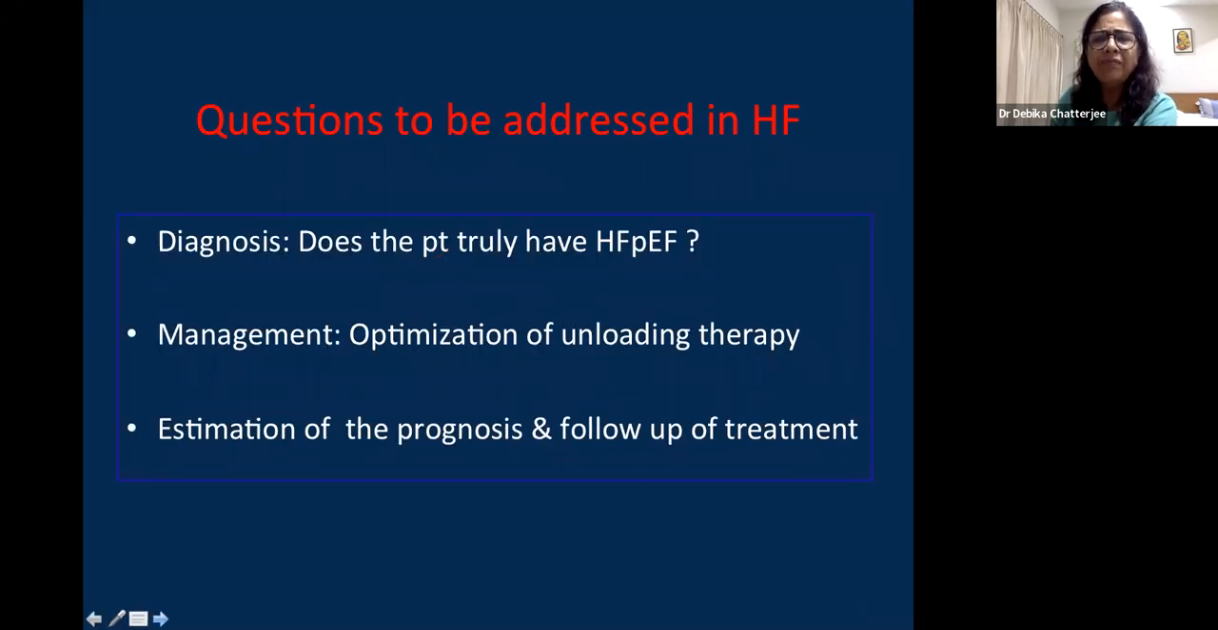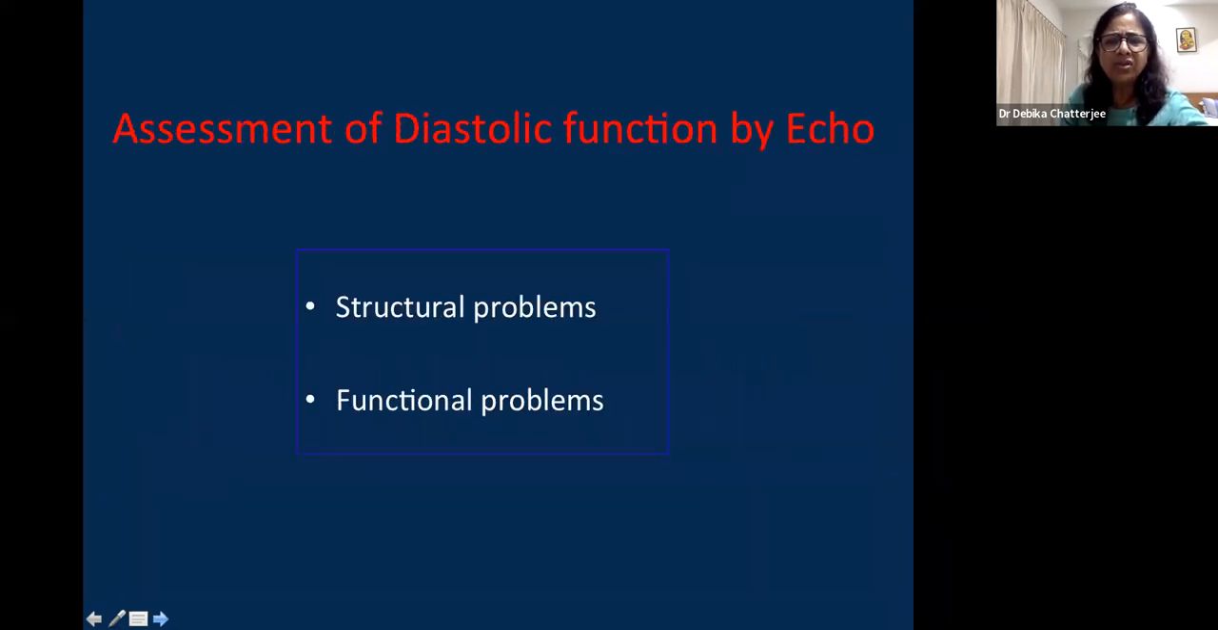When a patient comes with heart failure, we need to answer a few questions. Does the patient truly have heart failure with preserved ejection fraction, or is the patient's shortness of breath due to some other pathology, which might be cardiac or non-cardiac? We also need to know the hemodynamics of the patient to optimize the unloading therapy. And also, we need to risk stratify the patient. We need to estimate the prognosis. And all these questions can be answered